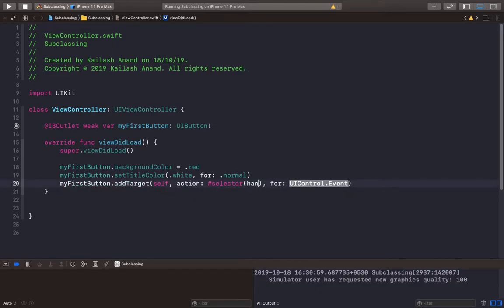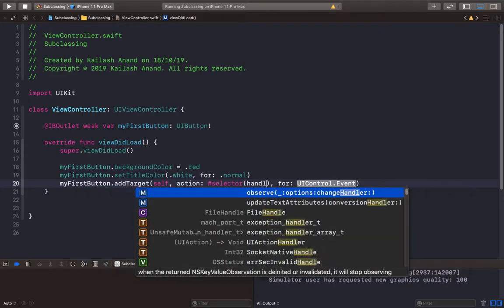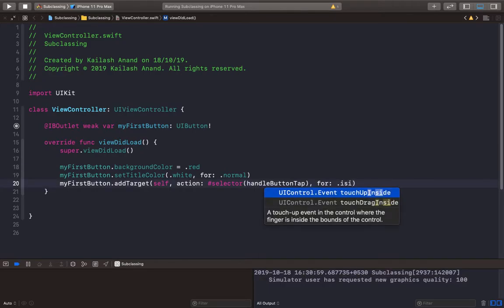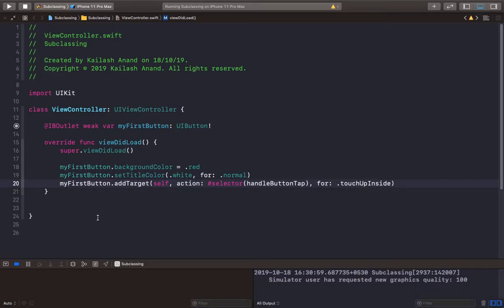I'm going to say handle button tap for UI control event of touch up inside. And we're going to get an error because we don't have this function just yet, so you have to get that function done. So we'll say @objc func handleButtonTap, and I'm just going to print out